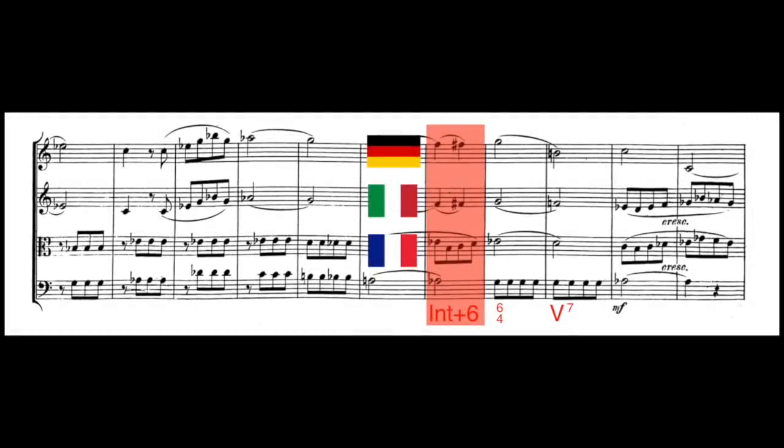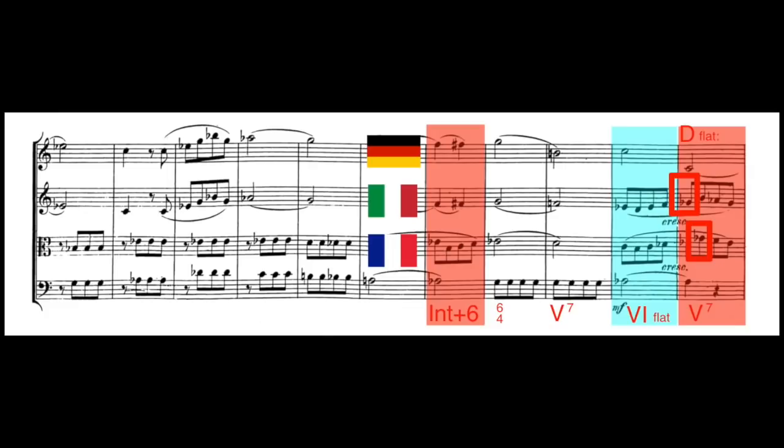This is the exact technique Mozart now uses when, instead of immediately resolving to the expected key of C major to end the movement, we hear another deceptive cadence to the flat 6 chord, immediately followed by a chord that sounds like another German augmented sixth chord, especially given what just happened 4 bars prior to this. But looking at the score with the F sharp from the prior augmented sixth chord respelled as a G flat, you can probably guess that this is a 5/7 chord about to tonicize the even more distant key of D flat major.